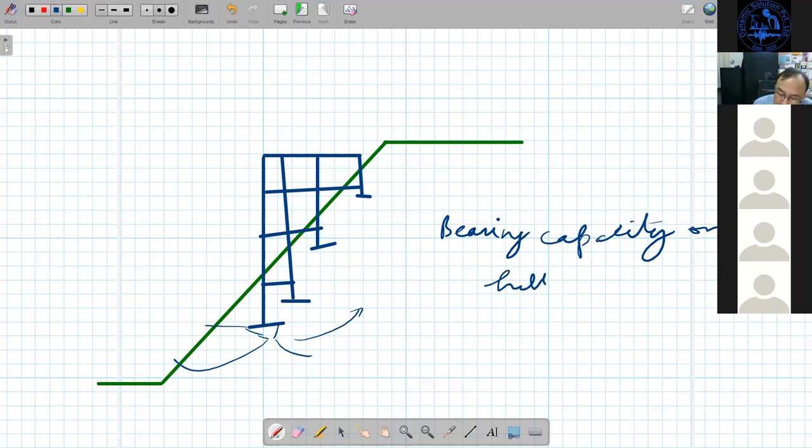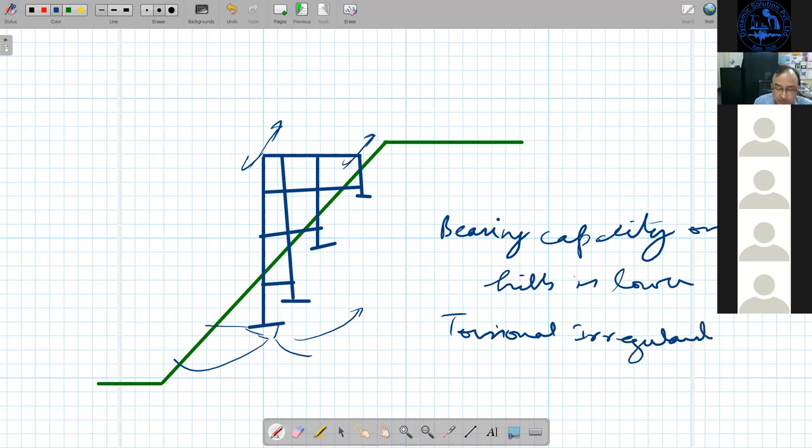On hills is lower. That is the first thing. Second thing, you can see that this building is flexible on this side, rigid on this side. So it will have torsion. That we have to take into account. And third thing is that when it will be subjected to earthquake in this direction, these columns will act as short columns. So these short columns